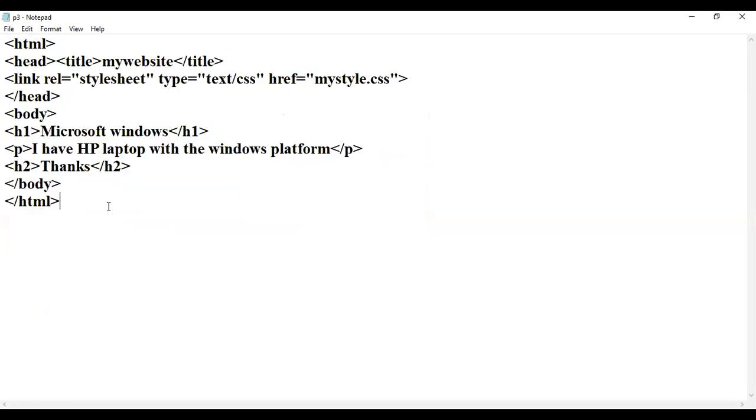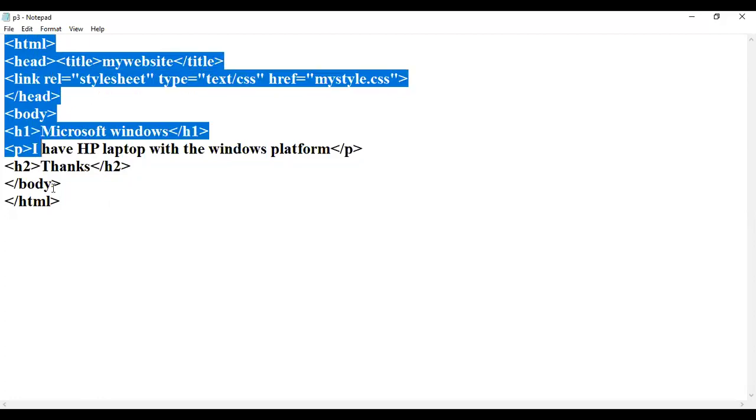Here I am not writing any styling part, and I'm not using any style tag as well. In the body section, I have written one H1 heading tag, one paragraph tag, and one H2 tag. So here I am writing two headings and one paragraph. Can you see any coloring I am applying? No, right? I am not giving any color, red, green, blue, or font size. I am giving it in another page, that is mystyle.css. I want to take the properties from the other page, mystyle.css.